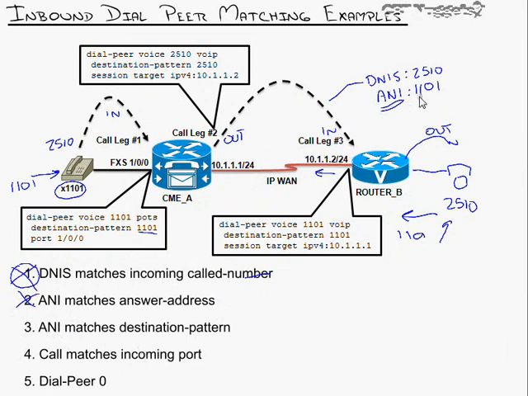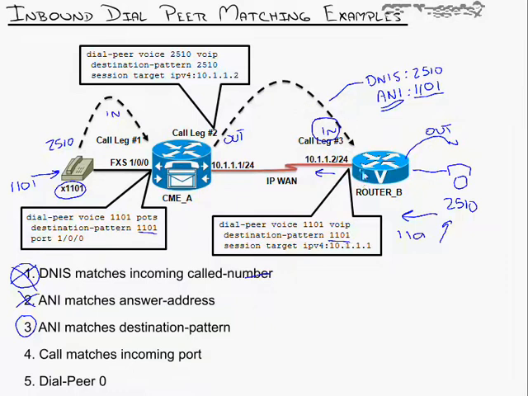Oh, look at this. Caller ID is 1101, and it says destination pattern is 1101. Oh, we have a match, ladies and gentlemen. So this one, step 3 right here, matches and is acting as the inbound call leg for this guy. So now we have inbound because of the port, outbound because of the destination pattern, matching specific, so it's going out. As it comes in right here, this third step, ANI, matches the destination pattern, so that becomes the inbound